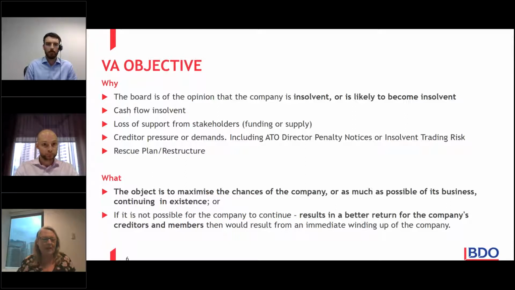So why do people go into voluntary administration? What's it all about? Well, sometimes the reason they go into voluntary administration is just so quick and easy to go into voluntary administration. All you need is a piece of paper, a computer, or a pen, and the board just passes a resolution that the company is insolvent or is likely to become insolvent at some future time. Now, a lot of us, the exposure is to small and medium-sized enterprises, and the boards there can be quite small, single directors, mum and dad directors.